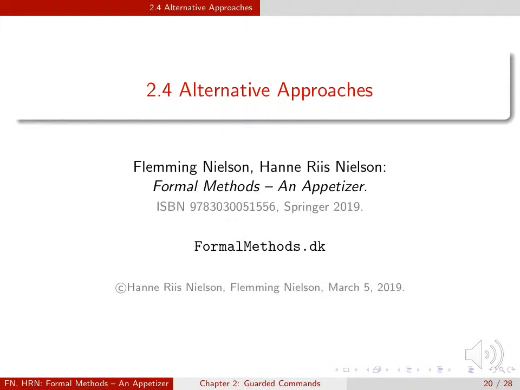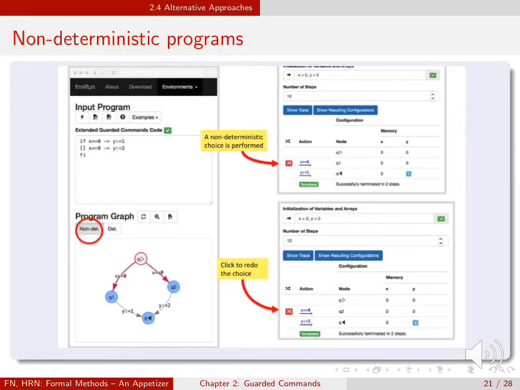There are other ways of generating program graphs than the method we have used so far. Let us take a look at the online system once again. In the left column, there is a choice between whether the program graph should be non-deterministic or deterministic. So far, we have always assumed that our program graphs are non-deterministic, and this is the default when you start